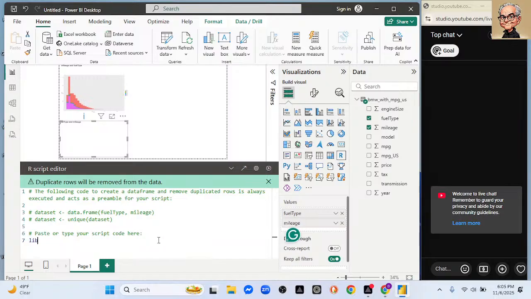Every time, I believe, we have to load ggplot2. Then we're going to say data set. So are you getting the picture now? I will mention that